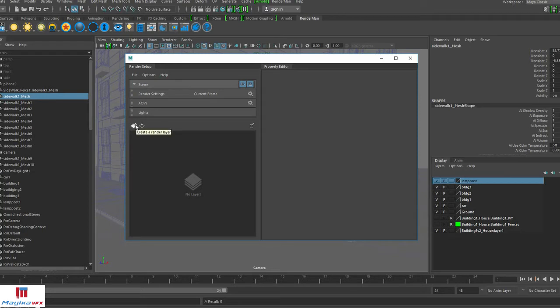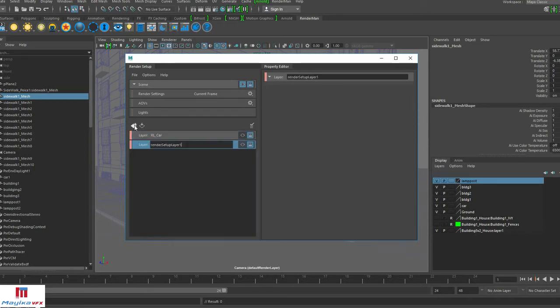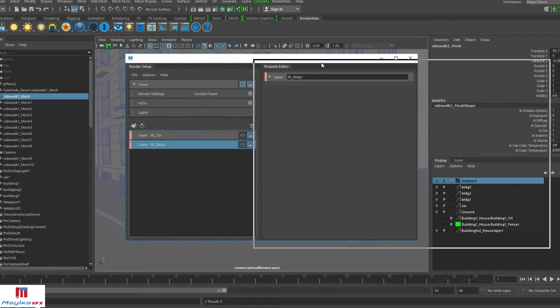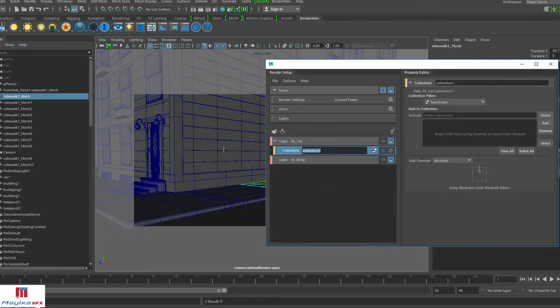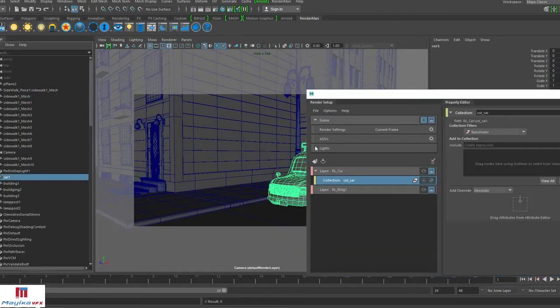So here we create a layer and rename it. We can create several layers like this, but in order to add the objects in render layers we need collections. Let's create a collection from here. Create collection, rename the collection as collection car, in which we are going to add the car.